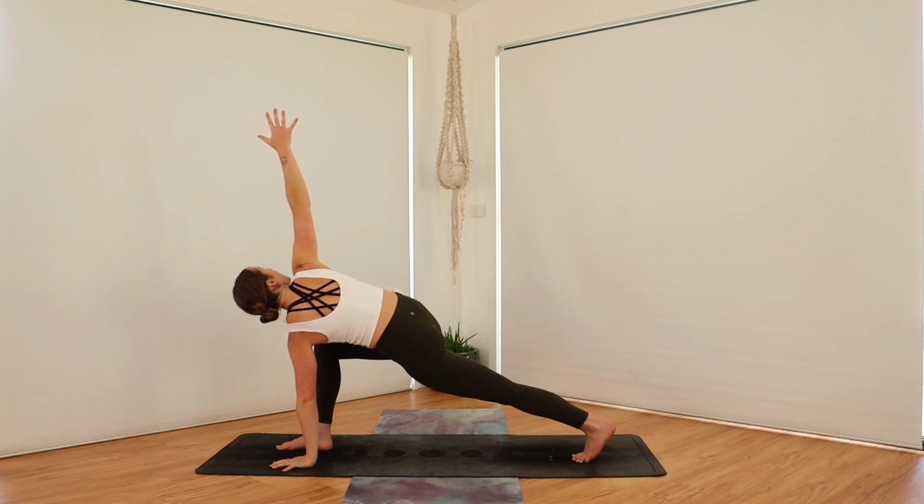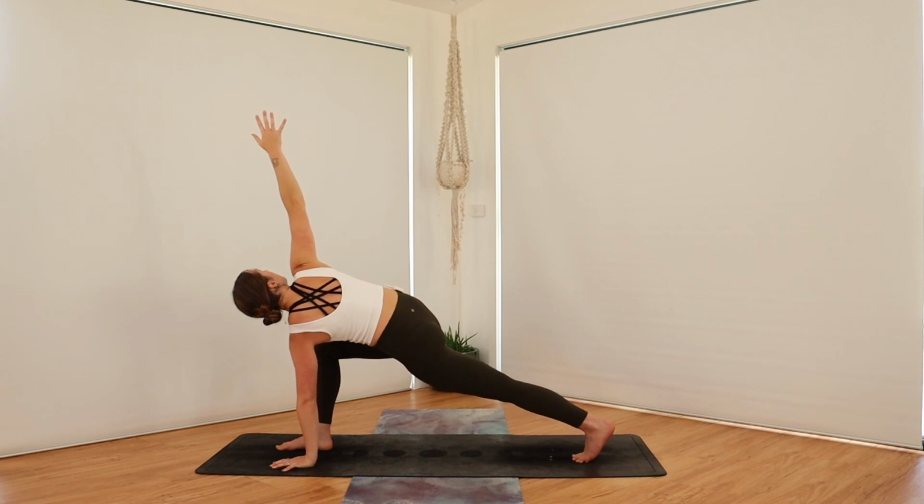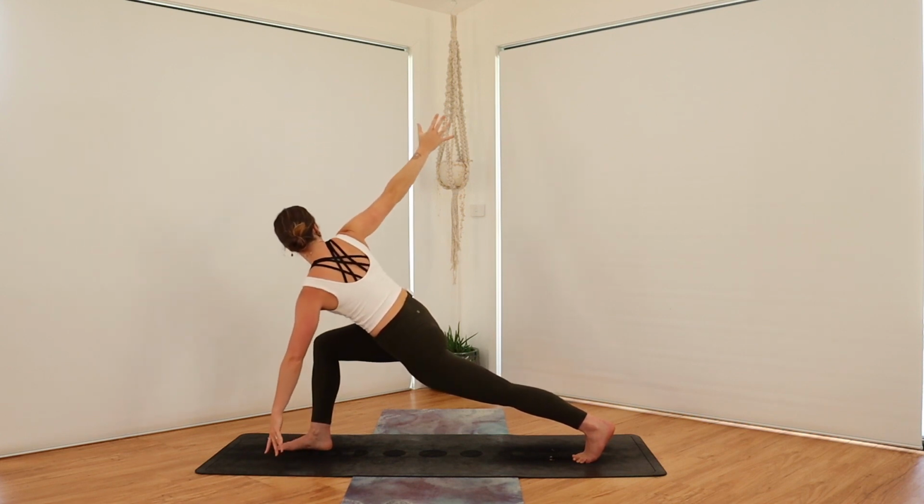Pressing firm out through that back heel, lifting up and out of left shoulder. Checking again that that right knee isn't dropping inwards or outwards. Keep it stacked over the ankle, tracking forward over the toes. One more inhale. And as we exhale, we firm through belly, ground through legs as we rise to our twisted